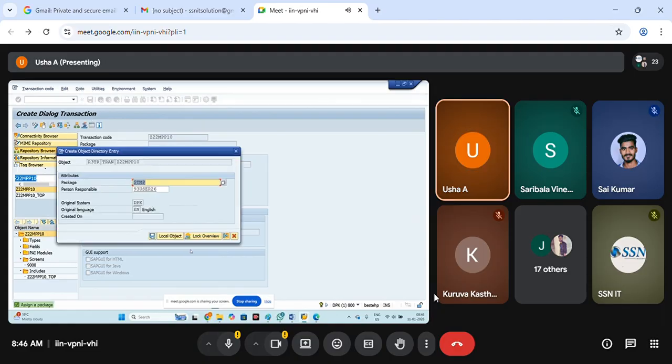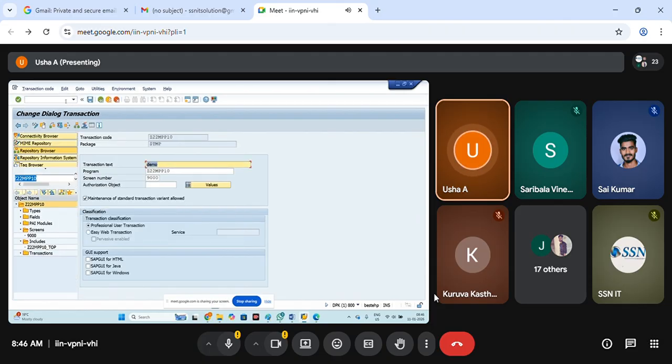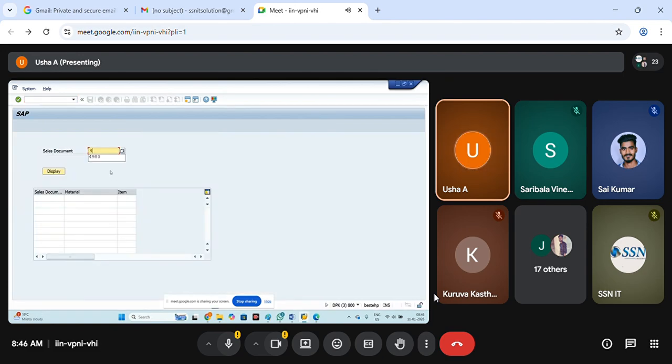Save it. Local object. Then I'm going to run the T code. You can see 4980 or whatever it is, click on display. It shows how many items there are.